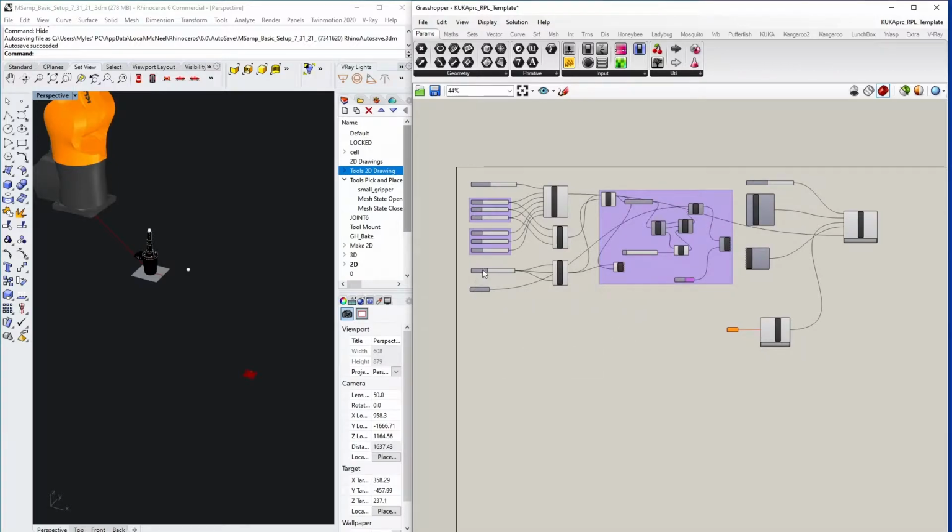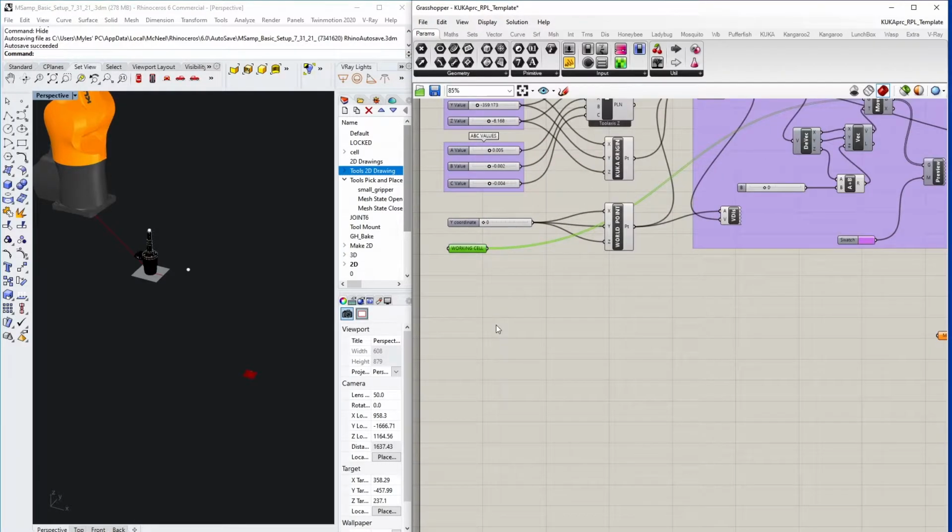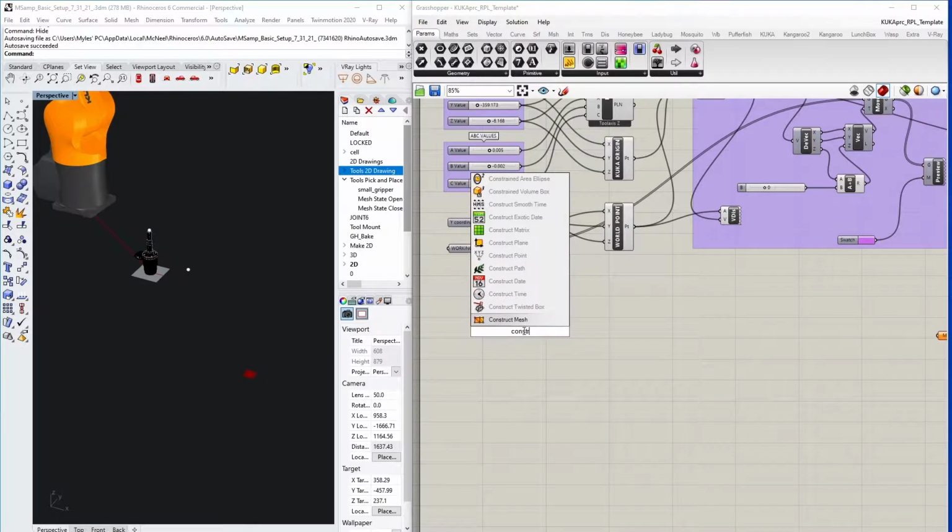So in this tutorial, we will go in depth on how to create a 2D drawing using Kuka PRC for drawing with the Kuka robot. The first thing we need to do is actually create a parametric geometry or any type of geometry to 2D draw. For our purposes, we'll start off with something simple and we'll use a point to give us our beginning parametric geometry. So I'm going to type in construct point,